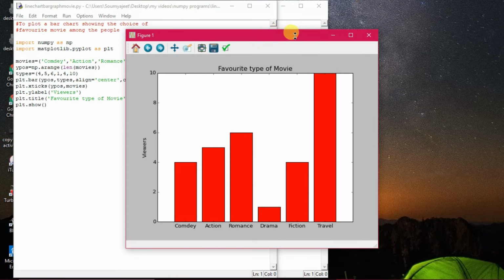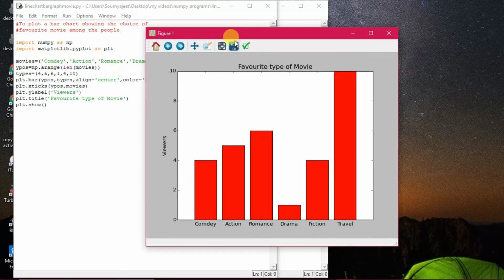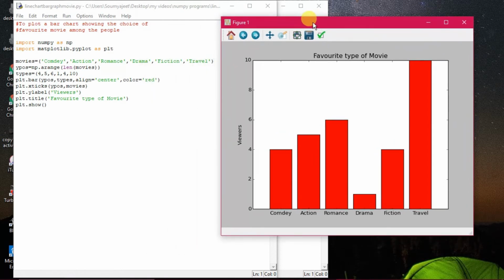Again we have used numpy out here. Movies have been taken in different categories: comedy is there, action is there, romance is there, drama is there, and then some more like fiction and travel. Okay, and np.arange(len(movies)). Length of movies means whatever be the length, that is taken as the width.